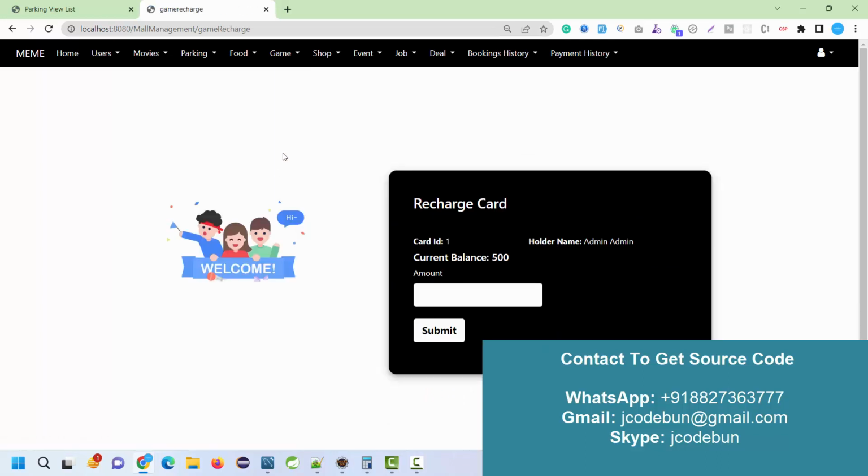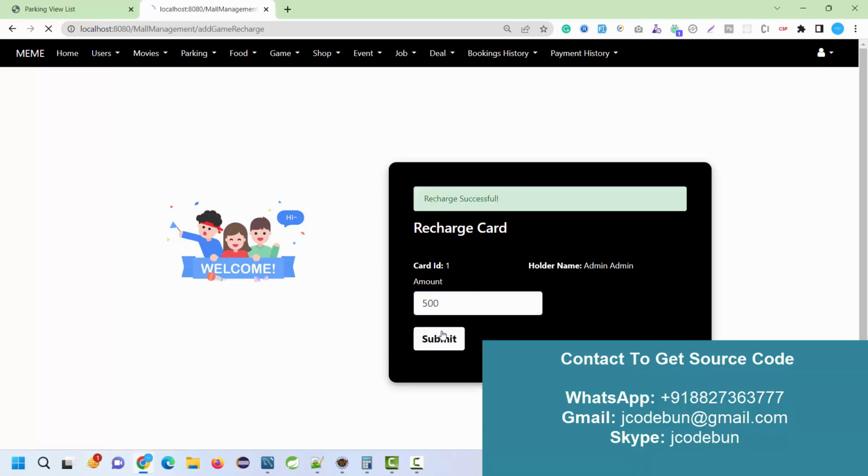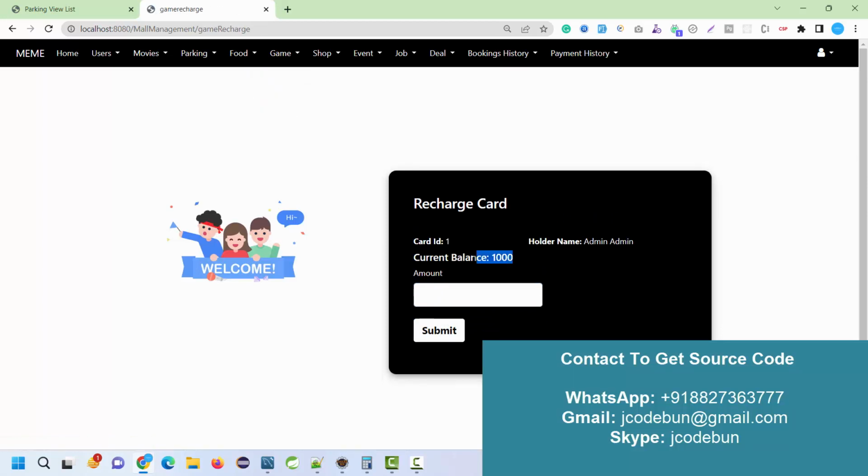Also we have an option to recharge the card. So this is the admin user, and the user has a card which has the current balance of 500. Let's suppose I want to recharge 500 more, so I have added the 500. Now if I view my card under the gaming recharge, it will give me a balance of 1000. Okay, next thing,